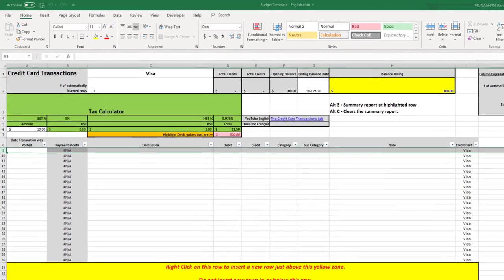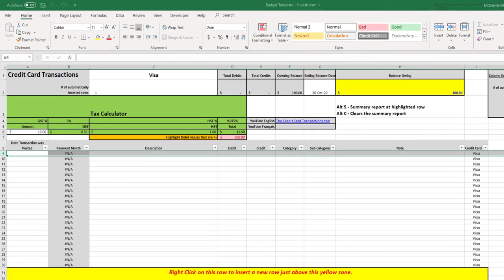Welcome back, guys. This video covers the credit card transactions tab, and since its contents and how to use it is almost identical to the banking transaction tab that I explained in the previous video, I'm only going to cover the differences with the bank transactions tab, as well as how to enter a transaction that reflects credit card payment,